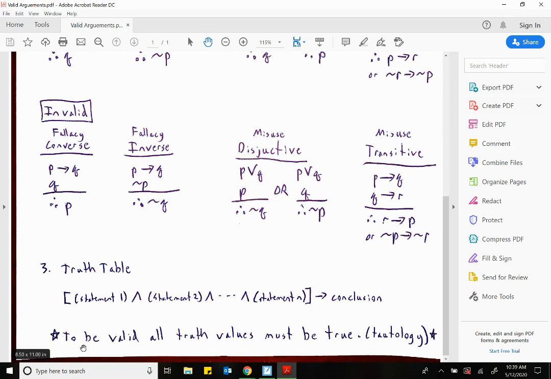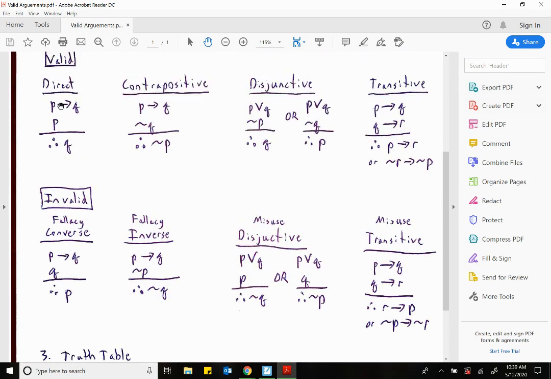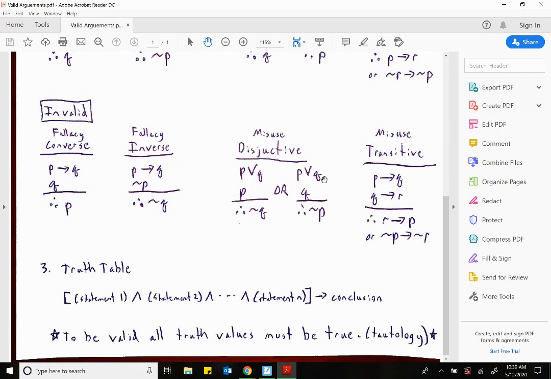And in order for an argument to be valid, in the end, it must be a tautology. That's important. So if we run a truth table, in the end, it has to be a tautology. So if you ran a truth table for these 4 up here, in the end, it would be a tautology. Okay? All these would be true in the end, no matter what. If you ran a truth table for the invalid ones, then you would have some sort of false answer somewhere. Okay? So in order to be a valid argument, in the end, if we run a truth table, it needs